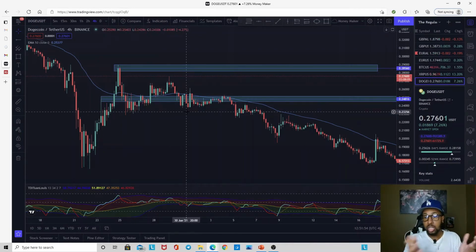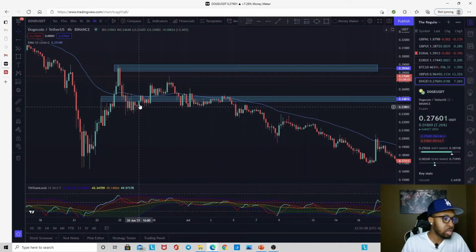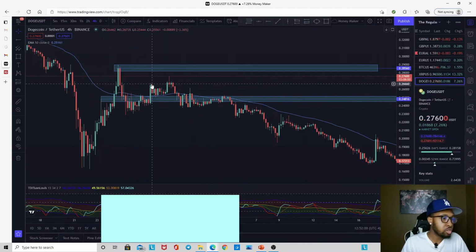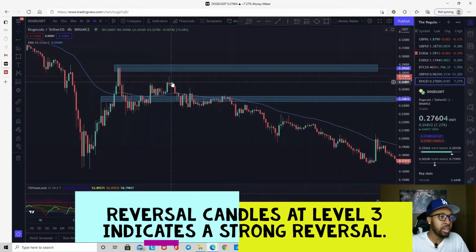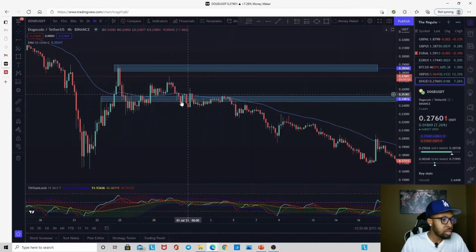Remember in the last video I talked about the levels? We got 3 levels. The market moved 3 levels. Level 1 right here, drop down. Level 2 right here, drop down. Level 3 right here. And guess what? The market is going down again. Boom, breaking this, and this,